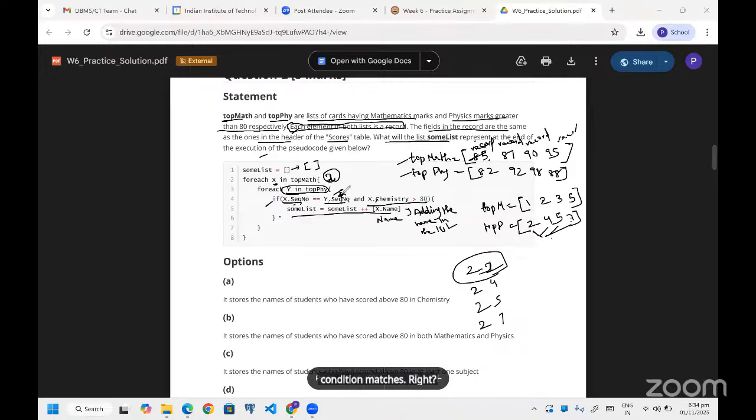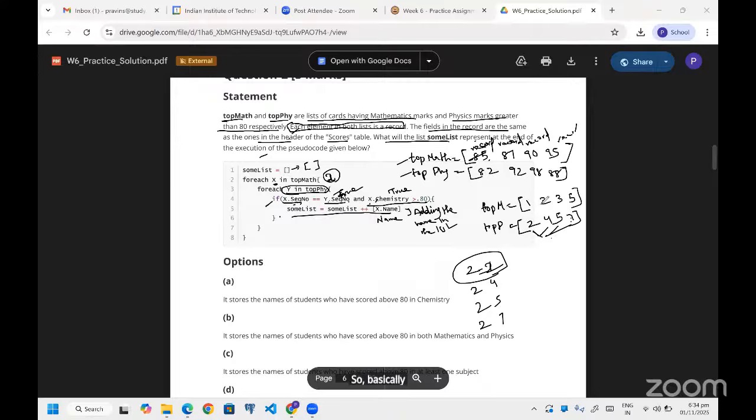So this will be true. And assuming x dot chemistry is greater than 80, this will also become true when he or she has a chemistry mark greater than 80, right? Yes.